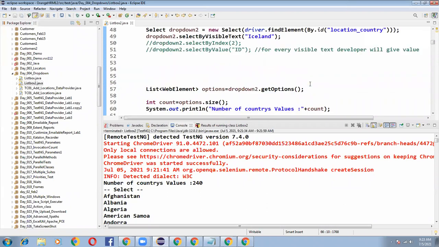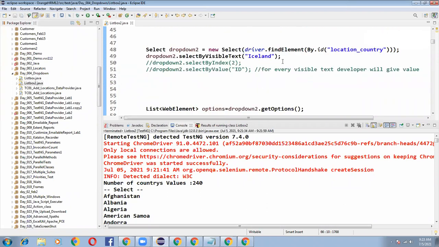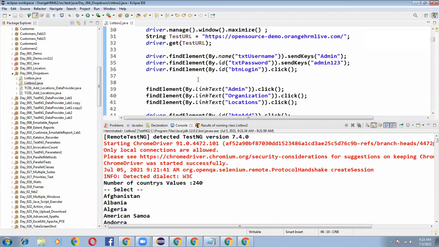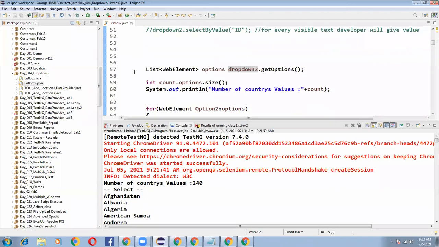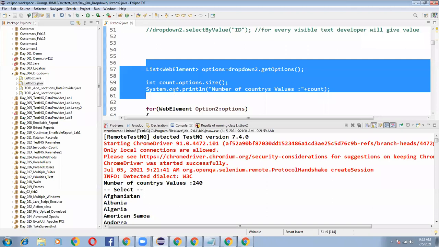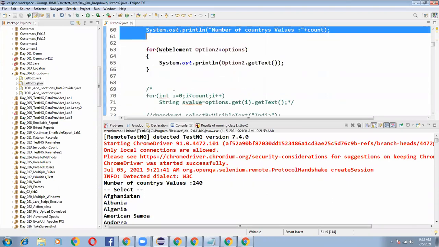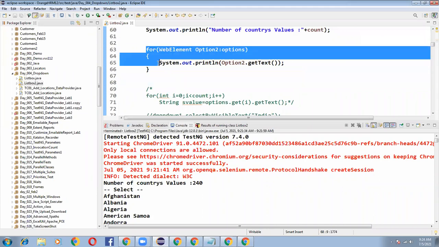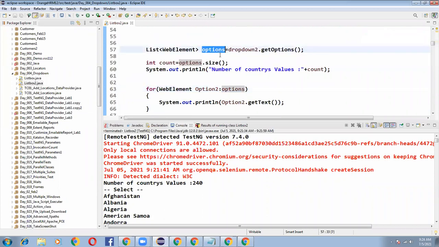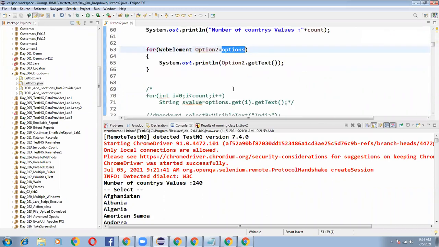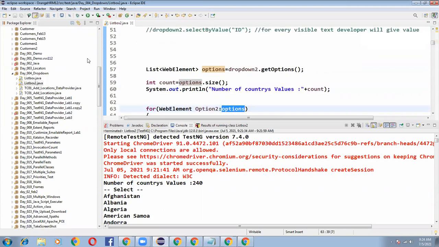So totally we understood how to handle a drop down. Drop down can be handled in 3 ways. That is the first point we have learned. And what is the class we will use? The select class. By using the select class, we can create a drop down object. And how can you come to know how many values the drop down contains? You have to explain this logic. And how to print a list of web elements? You have to explain this logic too. To print a list of values, first of all, we have to create the options. That is the point you have to explain. After that, we need to explain this. Okay, so that's it on the drop down point.